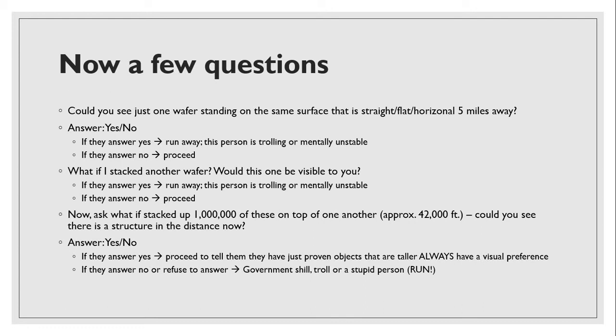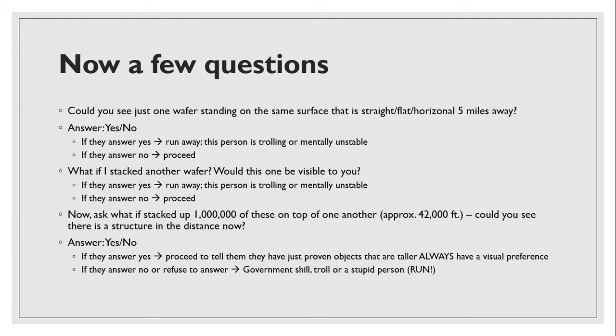And so, their answer will be yes. And then what we tell them now is that unknowingly, or maybe knowingly, they have just shown that objects have a preference to be seen based on their height. And so the half-inch wafer, the 1 inch structure, was not visible, and then for many, many iterations until an appreciable height was reached. And so if they answer no or refuse to answer,